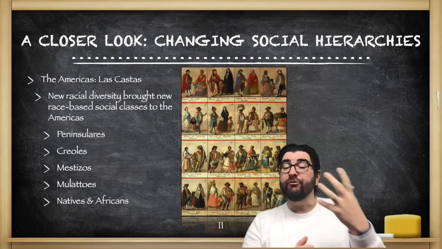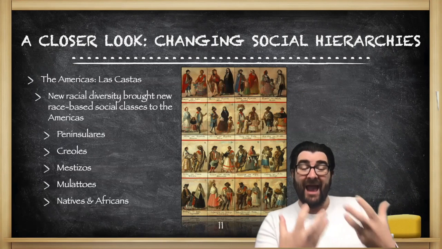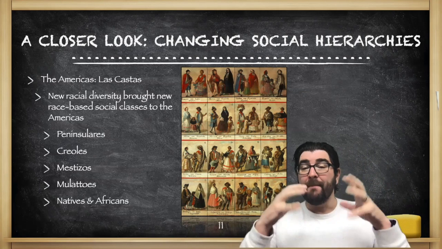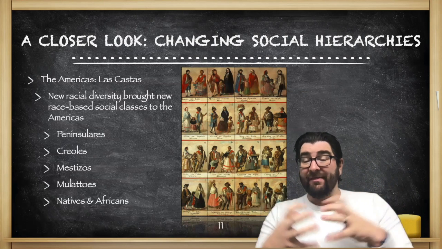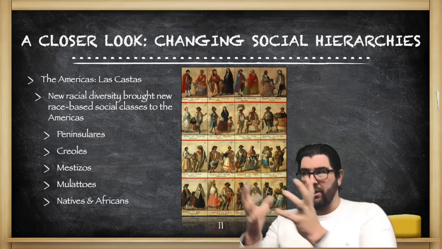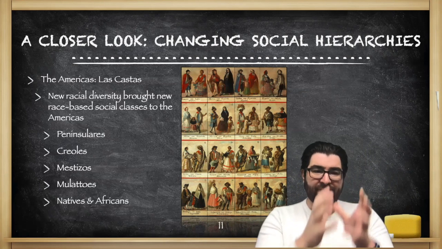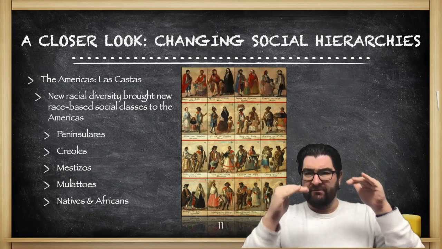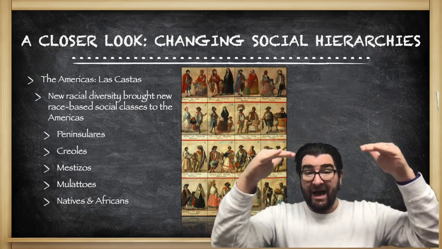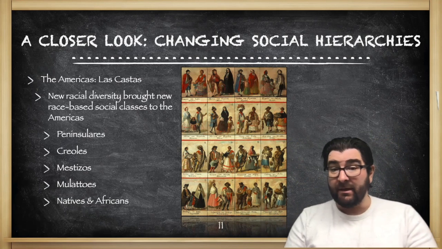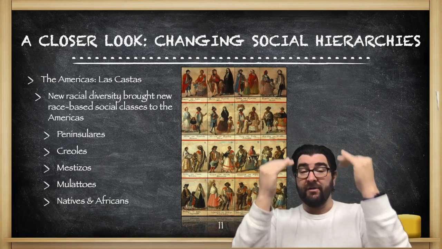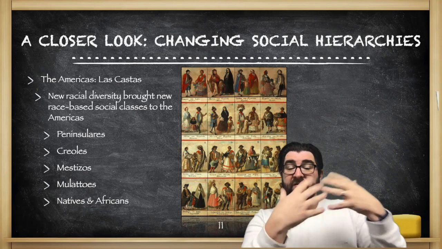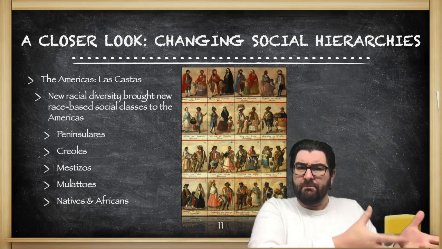In the Americas, a new social hierarchy is going to develop. It's known as the American caste system, or Las Castas. And this brings new social hierarchies based on the racial divisions that form in North America, as you are having a blending of Europeans and Africans and indigenous Americans. And so we get a hierarchy of social classes, from the peninsulares at top. Those are those Spaniards born over in the Iberian Peninsula of Europe. Under them are the Creoles. Those are the sons and daughters of those Spaniards born in the Americas, so white people born in the Americas.